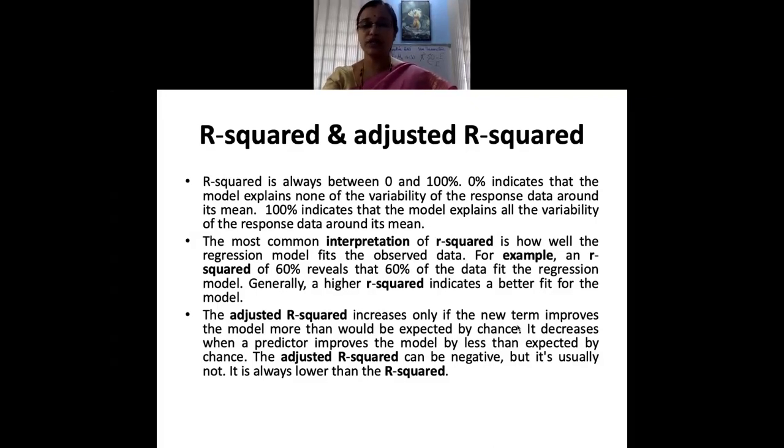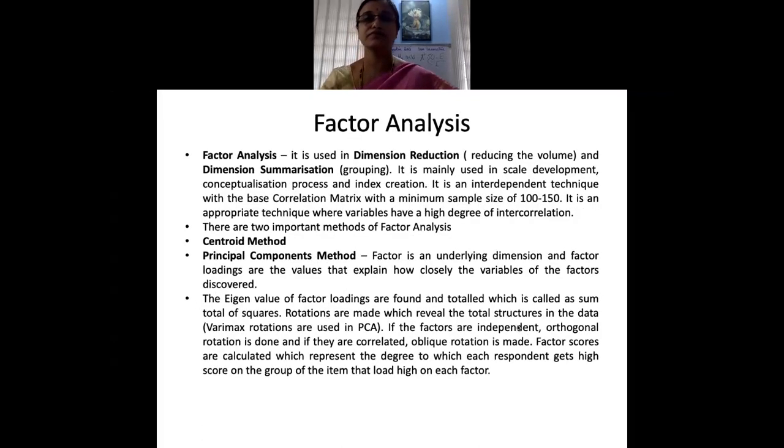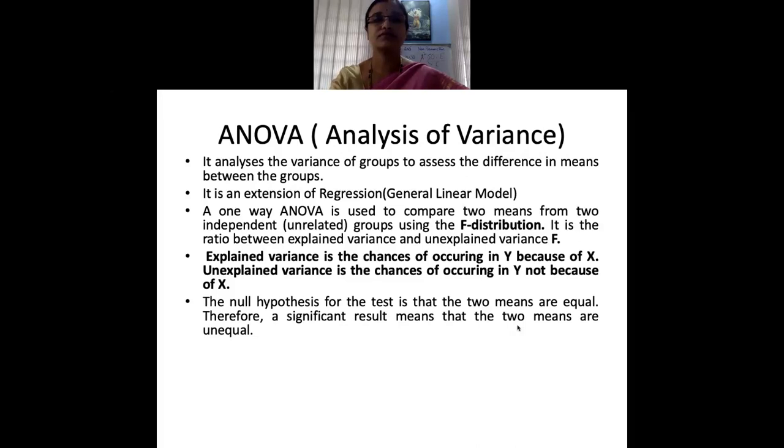Now the next one that we use is ANOVA. Please note, when do we use ANOVA? As I told you, the drawback of the t-test is that when we have multiple groups, we cannot do the t-test because there will be a lot of problems. We can use it only when there are two groups. When there are more than two groups, we use ANOVA.